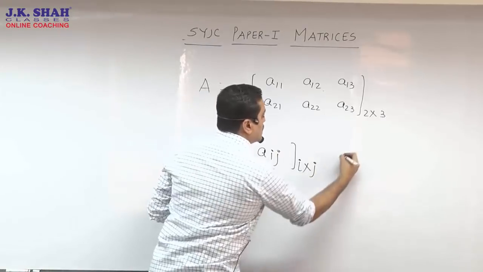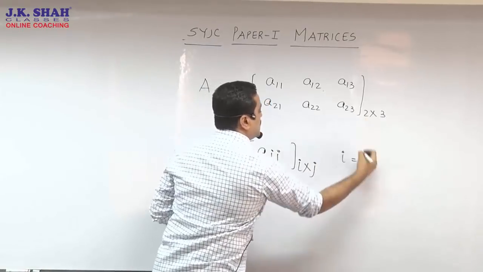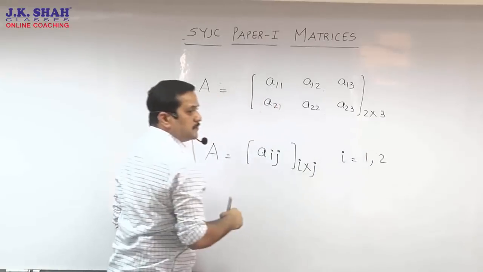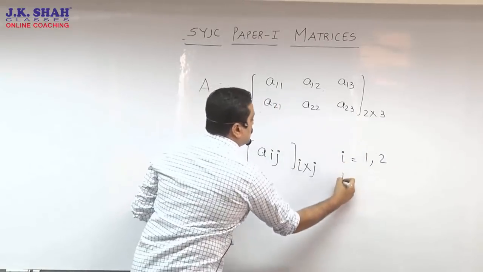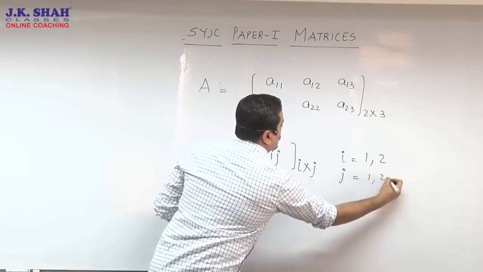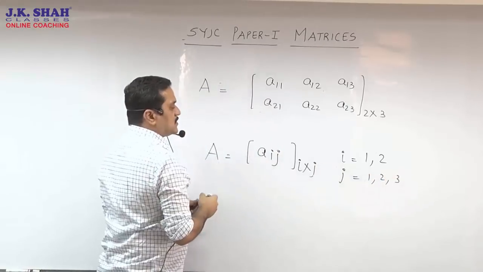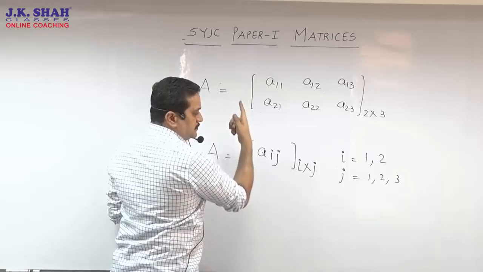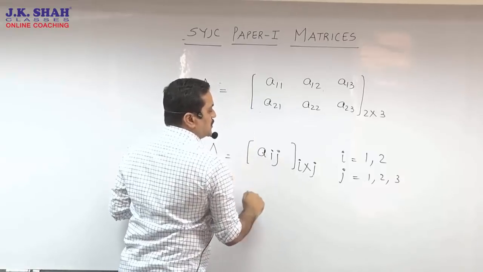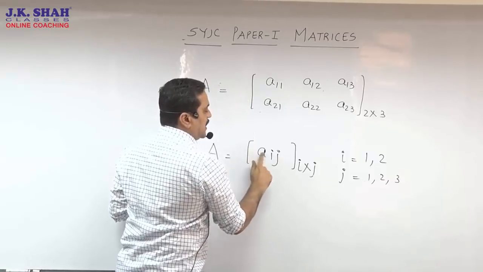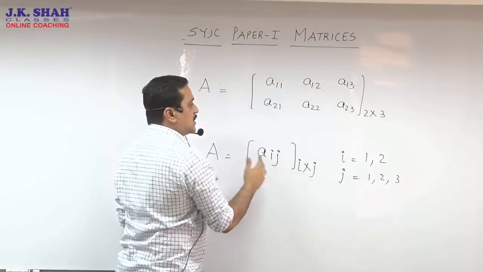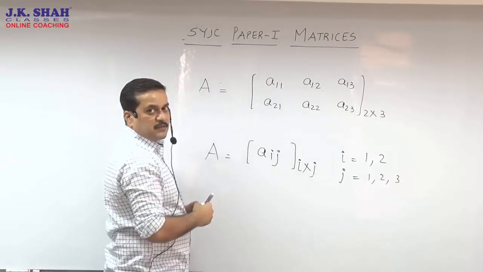As in the above case, the i goes up till 2, so we write 1, 2, and j goes up till 3, so we say j is 1, 2, 3. So when we open this matrix, we go A11, A12, then A21, A22 and A23. So again you can go back to the expanded version.